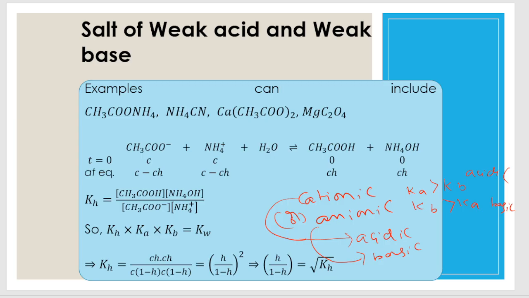It all depends upon Ka and Kb values, and hence Kw will be Kh into Ka into Kb. Both dissociation constants of acid and base we have to take. Depending upon the values only we can come to know what type of solution it is,